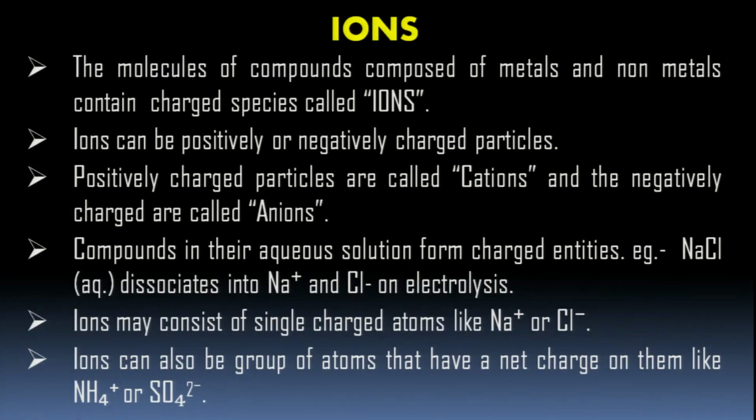But children, you can also have groups of atoms which can make anions, and groups of atoms which can make cations. Okay? NH4 plus: nitrogen and hydrogen combinedly form NH4 as a cation. SO4 2 minus. These are anions. Certain groups of atoms, and you can have some other examples also. For example,